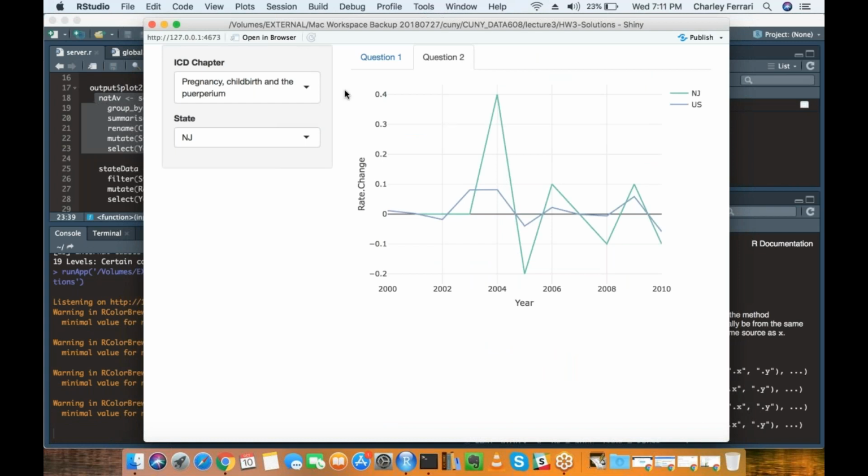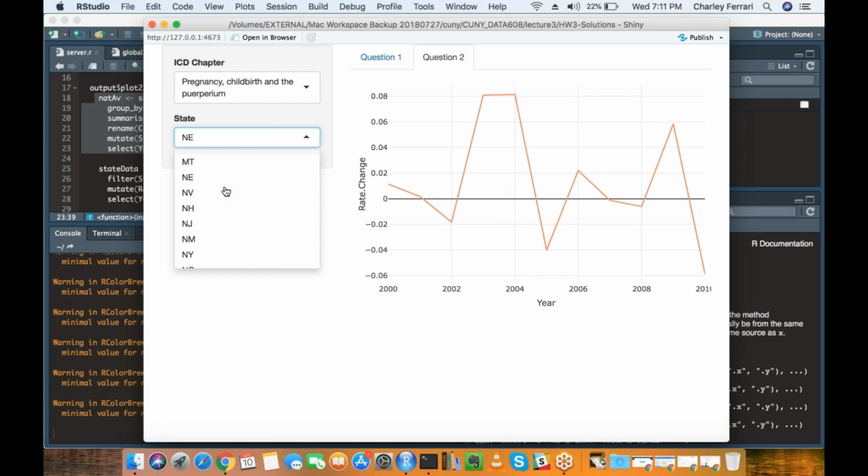Because we're looking at time, line graphs are the best to show that change over time. We're looking at a rate change, so we're assured the two scales are comparable, and we're fine with just showing two lines on top of each other like this.